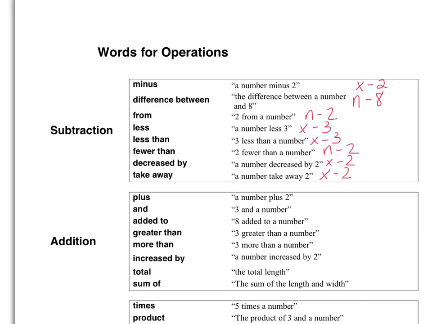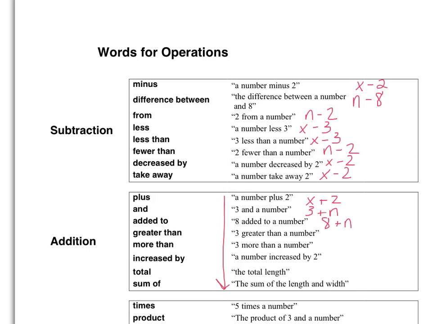All right, moving on to addition. First we have plus, so a number plus 2, so that's easy, x plus 2. 3 and a number, so and can mean addition, so 3 and a number. 8 added to a number. Well, let's stop for a second. Here's what's great about all of these all the way down. And we're going to talk about this more when we get to properties. It actually doesn't matter which way we put these. We could have put